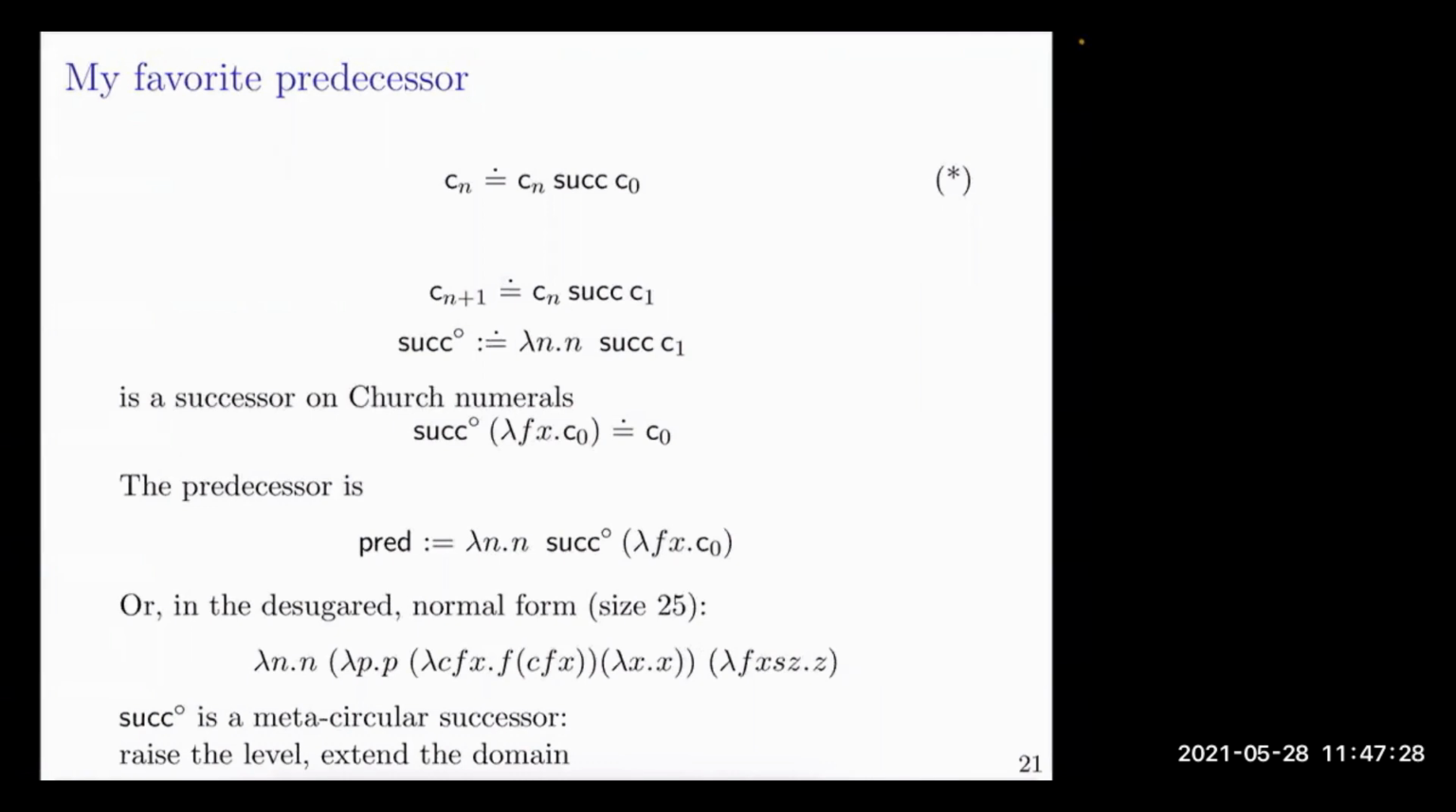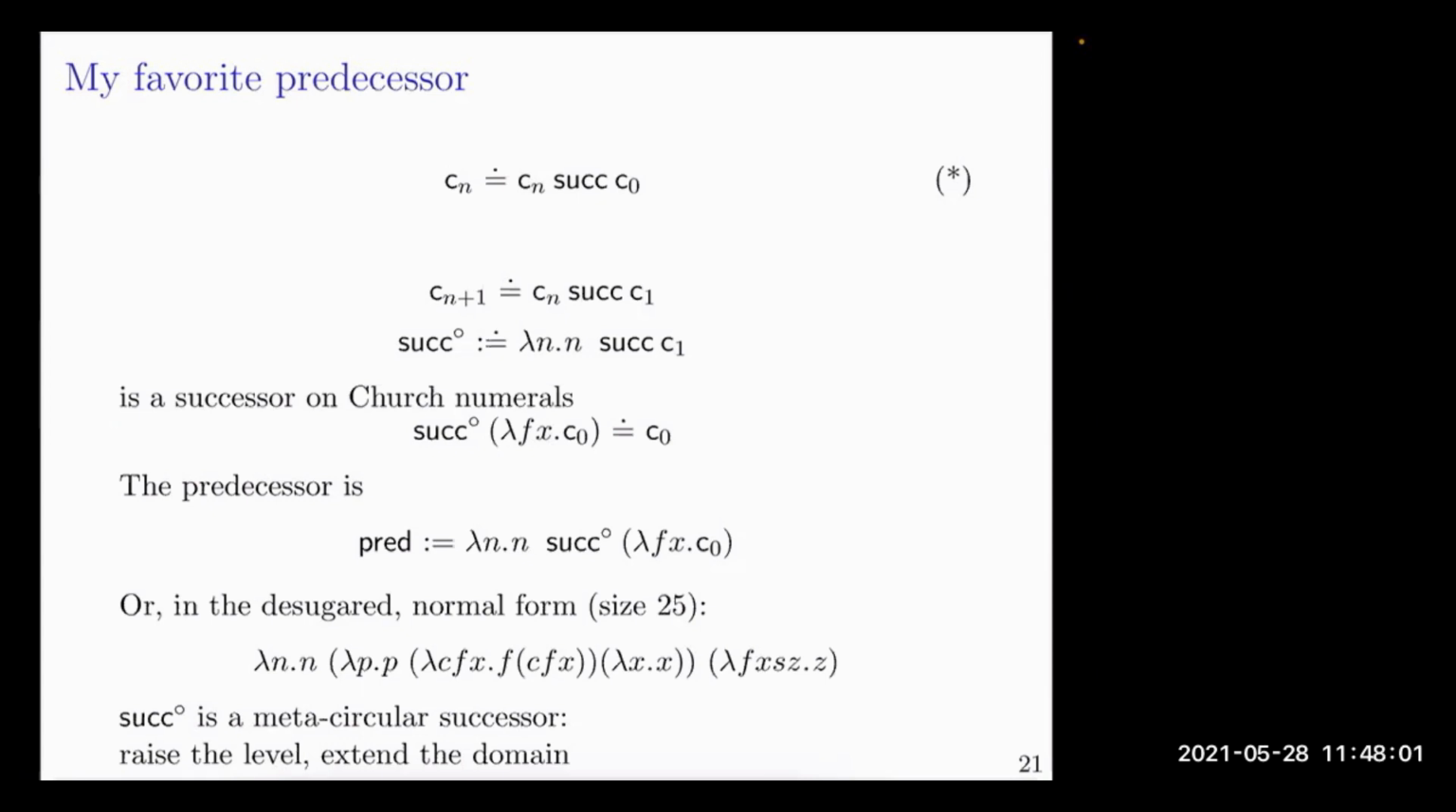Incidentally, the notation is chosen deliberately, that circle. So that successor circle is the meta-circular successor, right? It uses the underlying successor of the object language, so to speak. The trick in the meta-circular successor is that we raise the level to meta-programming, and in a sense extend the domain of the successor. So now the successor accepts what can be applied usefully to other terms, and these other terms, it turns out,